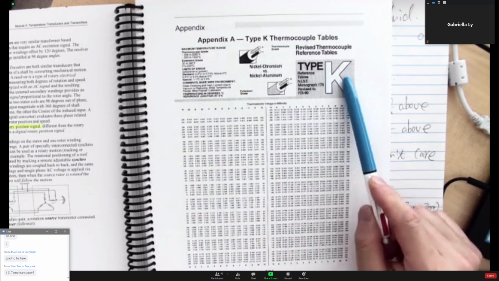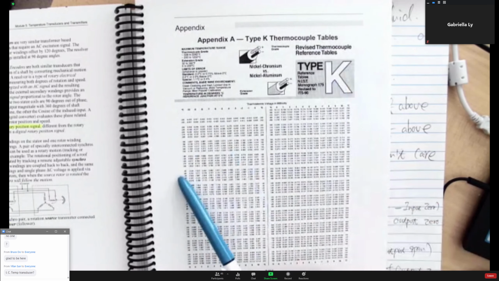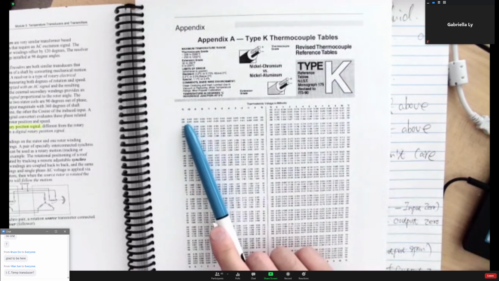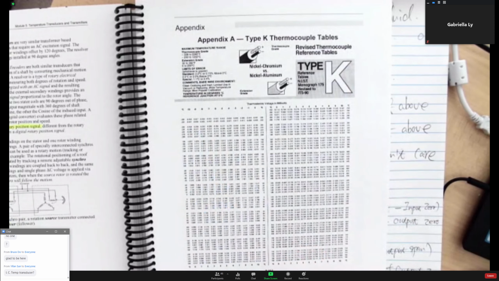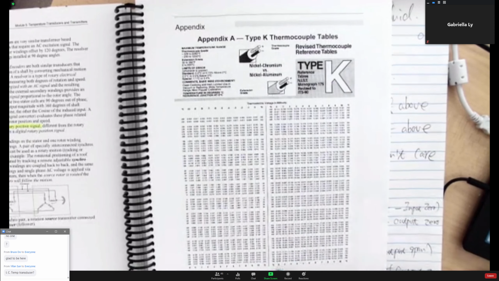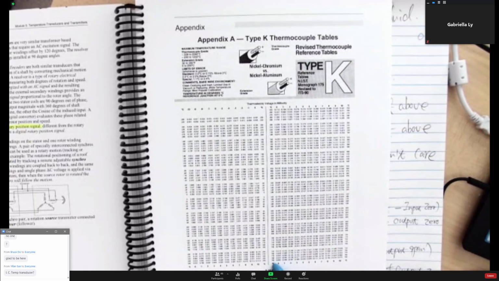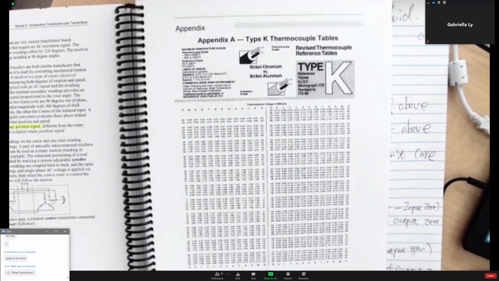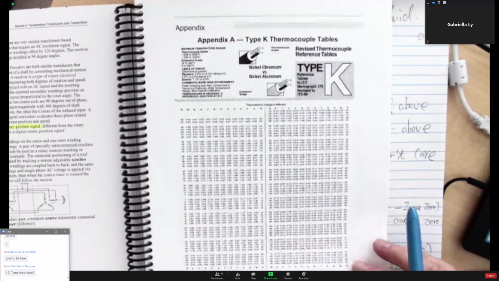It's called a type K. There are other types of them. The lowest temperature on this table is negative 260 degrees. The highest temperature on here is 790 degrees. So it goes through a pretty wide range. And